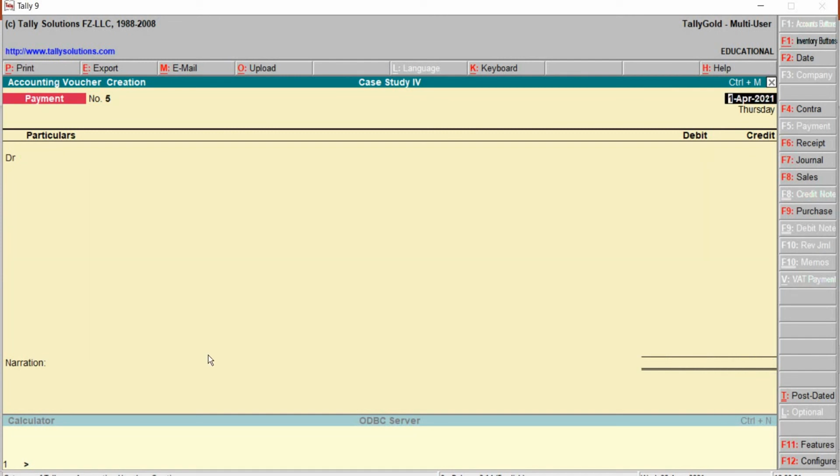This completes all the recording, and we have seen that from the voucher itself, that is from the accounting voucher creation window itself, we have done the creation of masters. We have done the creation of ledger accounts. It's not required that we have to go back to the masters, create all the ledger accounts, then go for the recording of transactions. From this particular window itself, we can do the creation of the ledger accounts or the account heads.